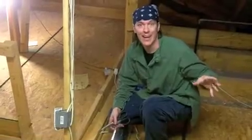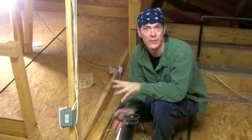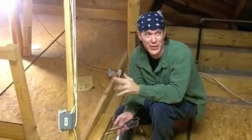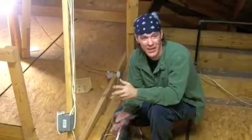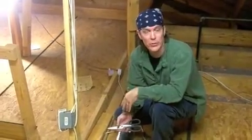Probably one of the only people I've ever heard of who will double barrier a house. I actually do the spray first because the spray can get every single nook and cranny of your roof easily, quickly, and it covers very well. Well, that will actually stop the heat from emitting. I've actually measured it and found it about 11 degrees is what it'll drop the roof temperature on the underside